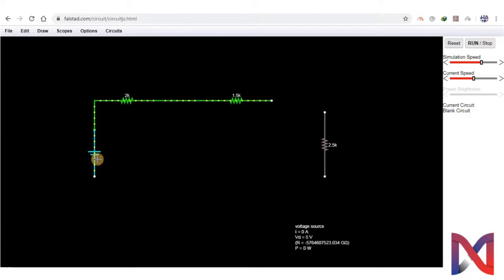You can see that as far as I am connecting the components, the green line is extending. The green line is basically the flow of voltage. I will connect the entire circuit now.